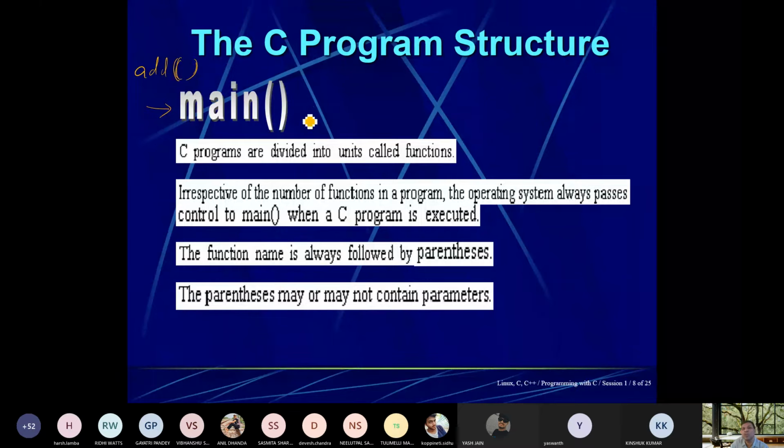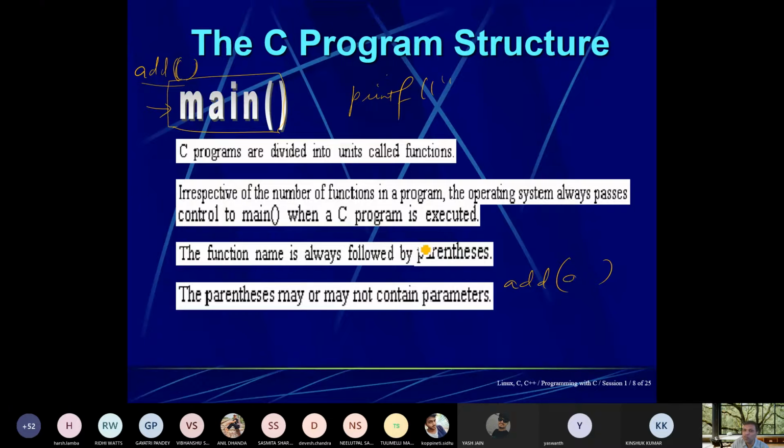What is the meaning of this? Suppose one function is printf. Printf consists of parameters, which you execute, like the add function, which adds two numbers. Or like in main, there is no parameter. If we use the add function, we need to pass at least two numbers. These two numbers are known as parameters. Later we will see that if a function has nothing inside, it is known as without parameter, and if something is inside the parentheses, then it is known as a parameter.